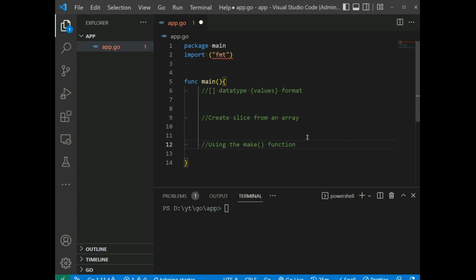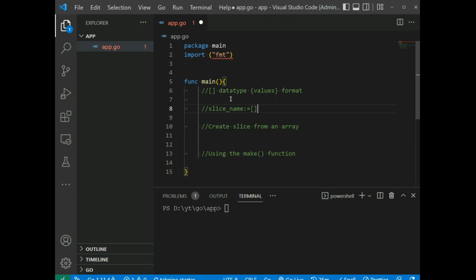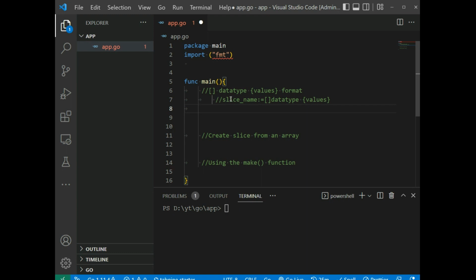And so create a slice this way. So the syntax is a slice name and equal sign, length, data type, and values. So for example, my slice is